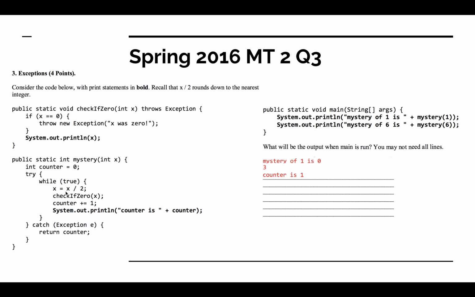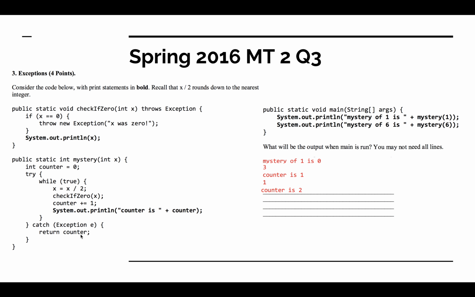So now what is x equal to after we divide by 2? 1. So we check if 0, but it's not 0, so then we print out 1. And then we go again into the while true. So x equals x divided by 2, x is now 0. We check if 0 on x, so we go up here, we see x is 0, so we throw a new exception. And then same thing we did before, we come back here, we catch the exception, and we return